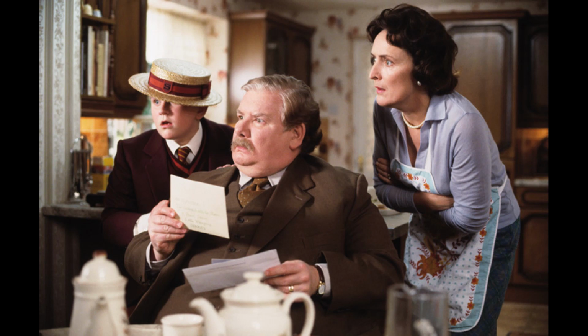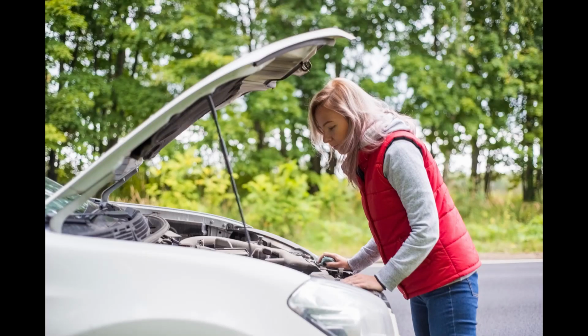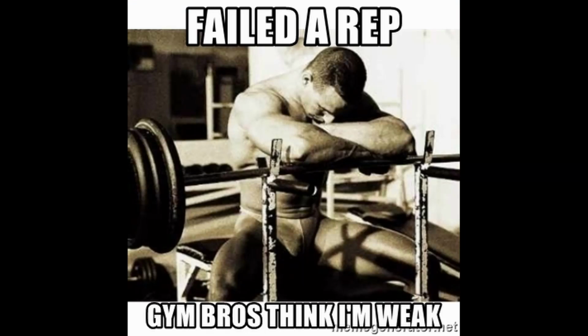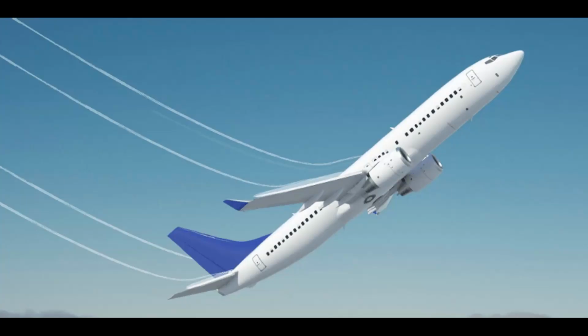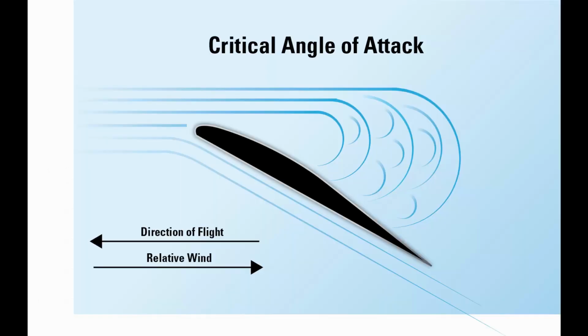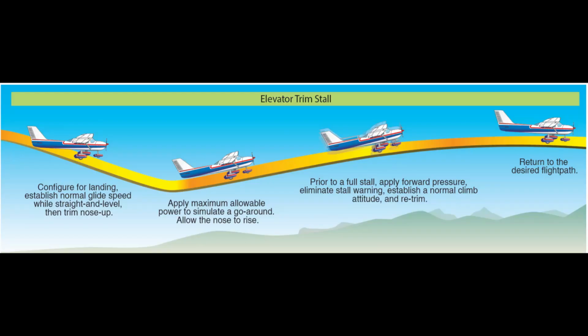When non-pilot muggles talk about a stall, they usually think of the engine quitting altogether, but an aerodynamic stall is actually when the smooth airflow over the airplane's wing is disrupted, resulting in a loss of lift. In a stall, the wings still generate lift, but they don't produce enough to overcome weight. This will always happen at the same angle of attack, the critical angle of attack. It's also important to note that there are different types of stalls.